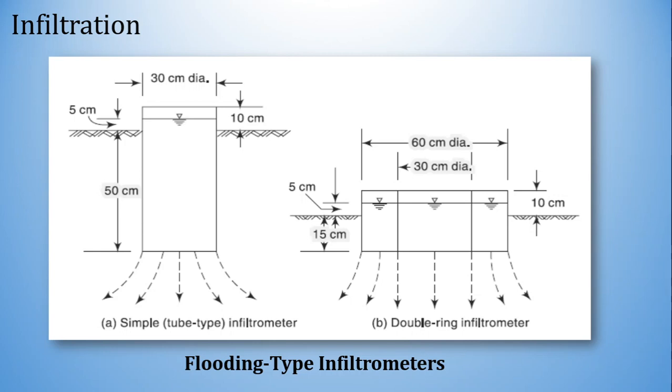So what are the advantages of this double ring infiltrometer over the single ring? As you can see, in the single ring infiltrometer the water percolates in a diverted fashion. It is being diverted, and in the case of this double ring infiltrometer we are taking the reading with respect to the inner cylinder only, which allows the movement of water strictly downward, vertical movement. The water is not being scattered in any way. So that is the advantage over here, because for infiltration we require only the vertical, perpendicular movement of water, exactly vertical movement of water.